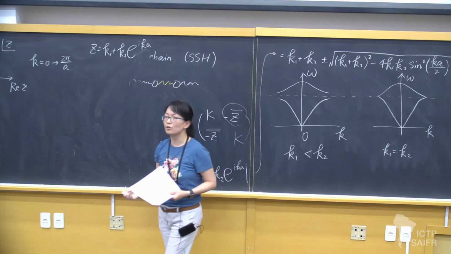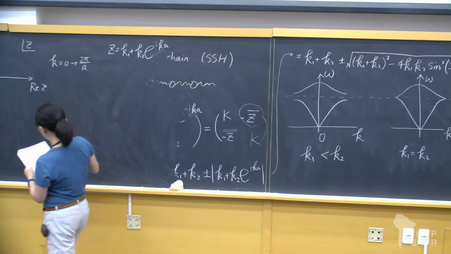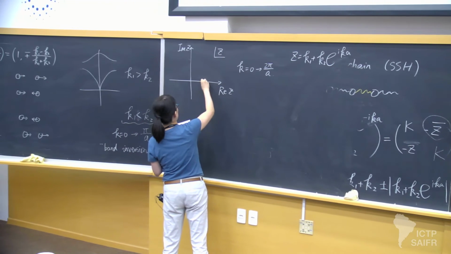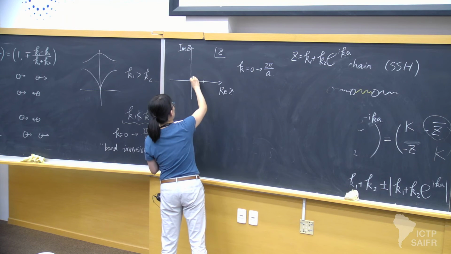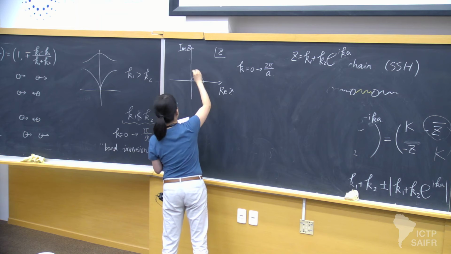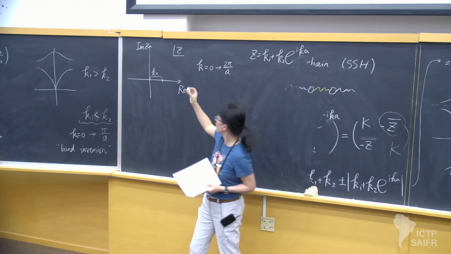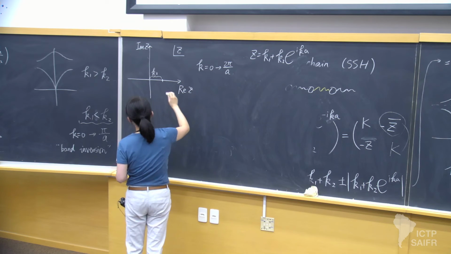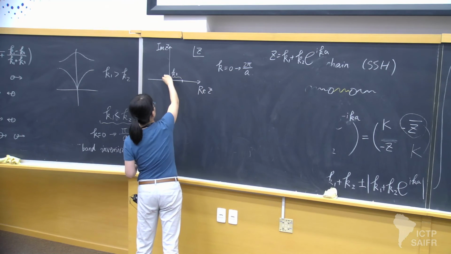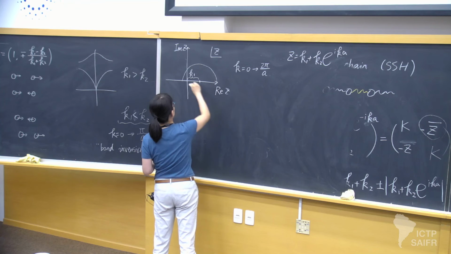It makes a circle, right? In particular, the center of the circle is at K1, and the radius of the circle is K2. So in this case, if K1 is less than K2, you get a circle like this,